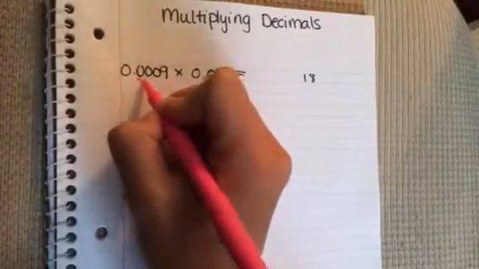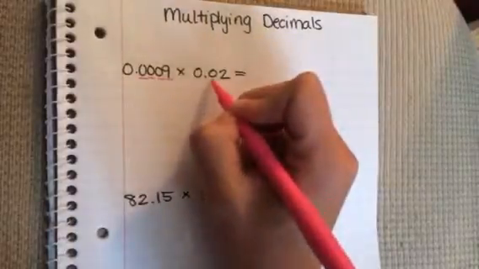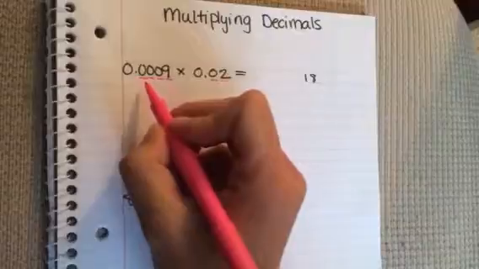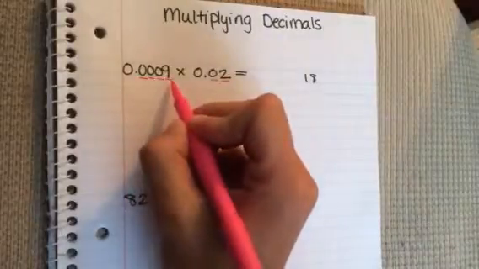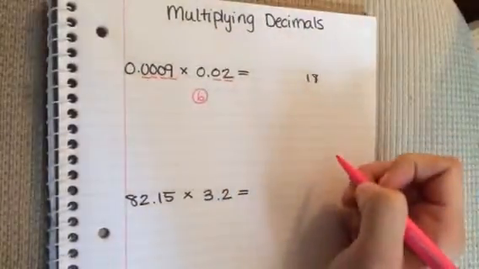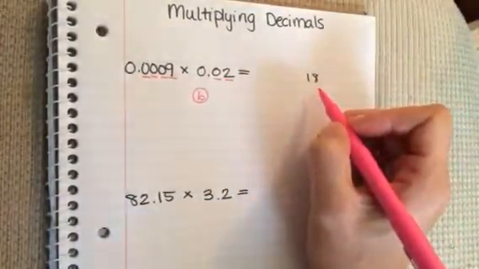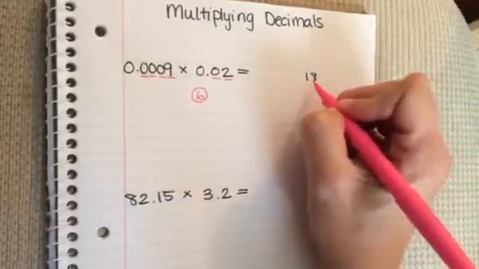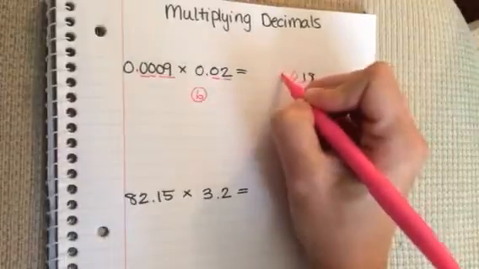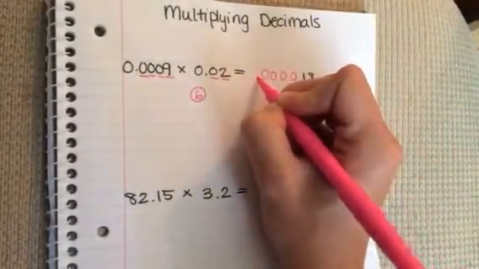So here I can see I have 1, 2, 3, 4 digits to the right of the decimal place, and here I have 2 digits to the right of the decimal place. So in total I have 1, 2, 3, 4, 5, 6 digits to the right of the decimal place. So that means that my product has to also have 6 digits to the right of the decimal place. So right now I have 1, 2, 3, 4, 5, 6,